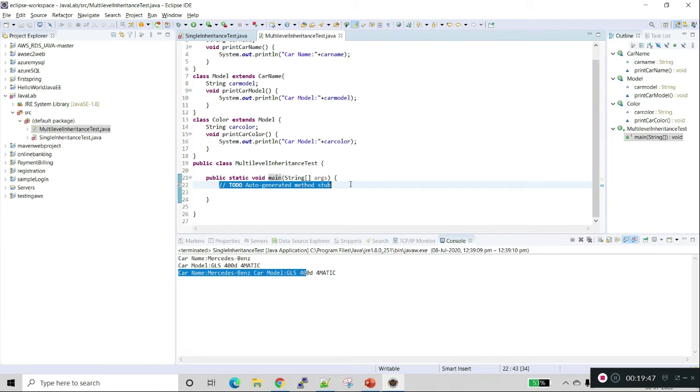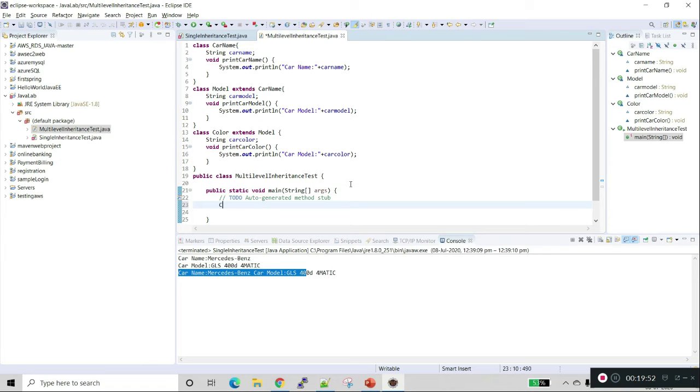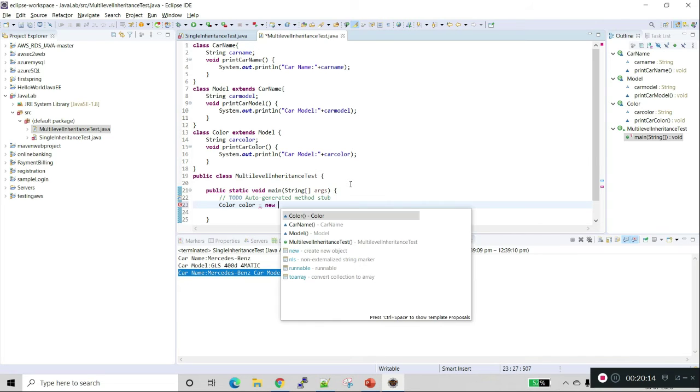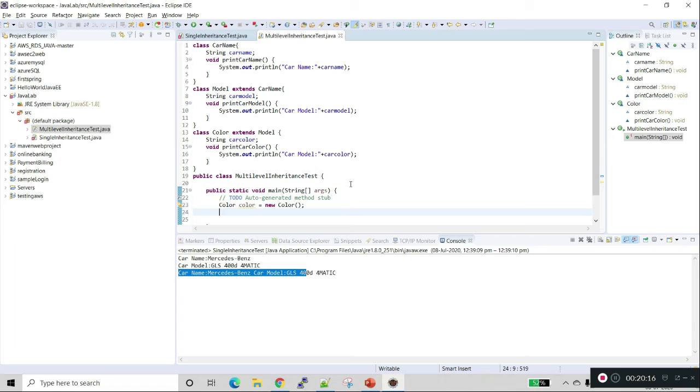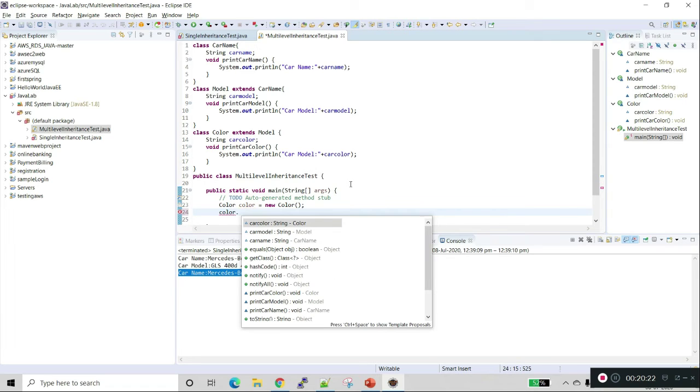Now we will create an object for the class color: color equal to new color. We'll set color dot car name.